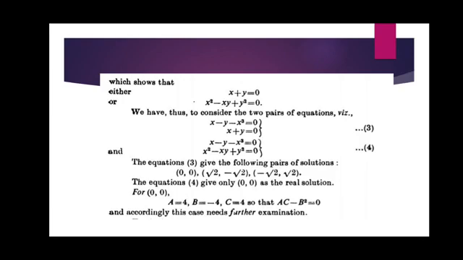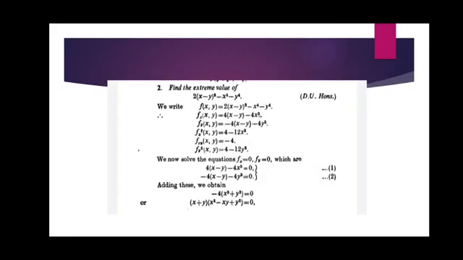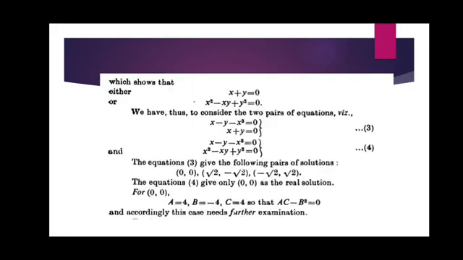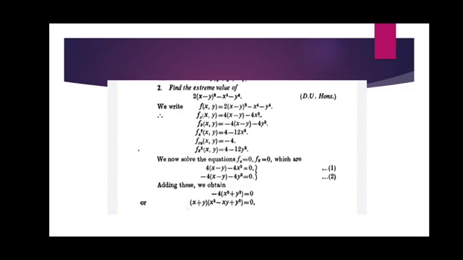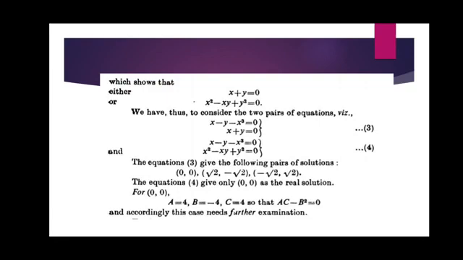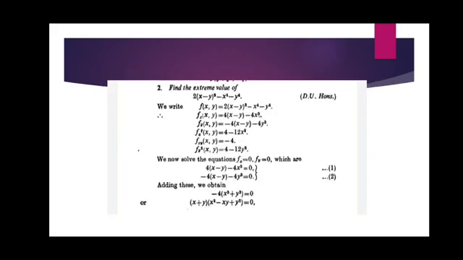For that, first we take 0 comma 0. Then what happens if we substitute 0 comma 0 in a? We know that fx square is equal to 4 minus 12x square. If we substitute x equals 0, we get 4. So here we write a is equal to 4 and b is equal to minus 4 and c is equal to 4.